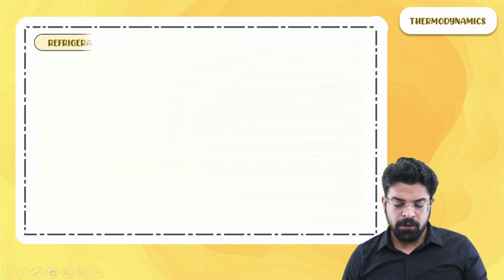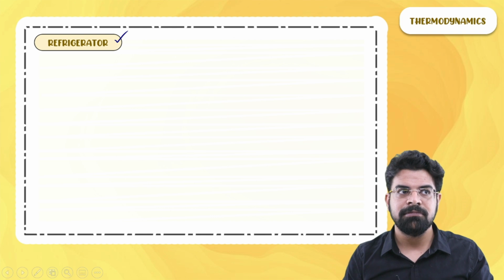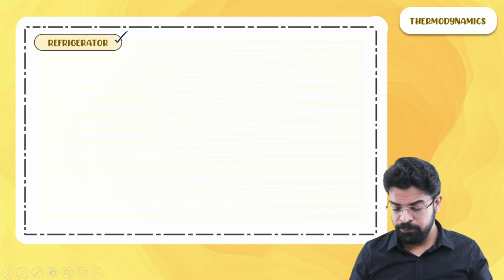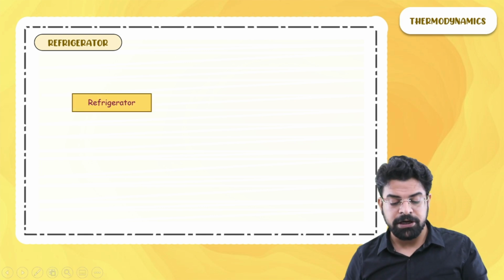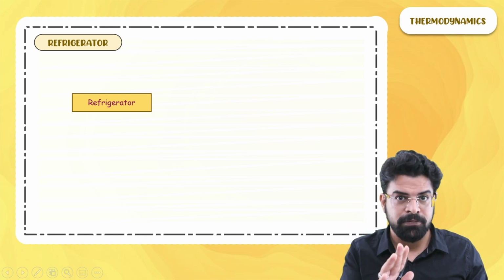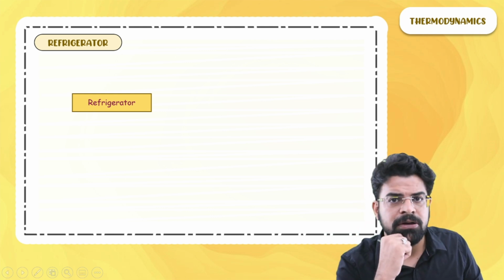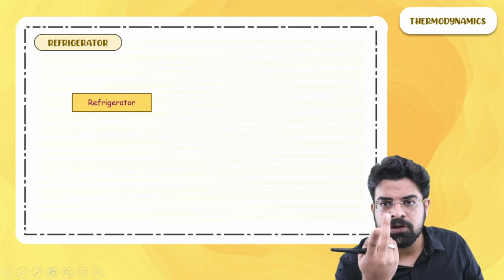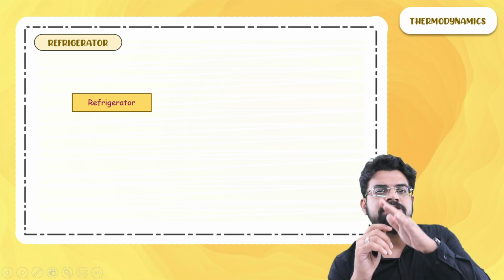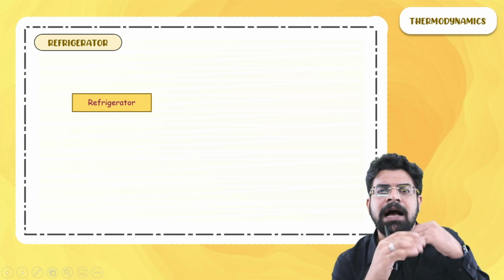Moving on. Now let's talk about something called refrigerator. What is the job of refrigerator? To keep things cool. How does the refrigerator keep things cool? If you have a refrigerator, it continuously keeps on withdrawing heat from things which are already cold. If you take some water, put it inside freezer and shut it, what happens? Sir, it converts into ice, but it takes some time to convert that water into ice. Now, first the temperature of water decreases, then it reaches 0 degree centigrade, then ice starts to form.